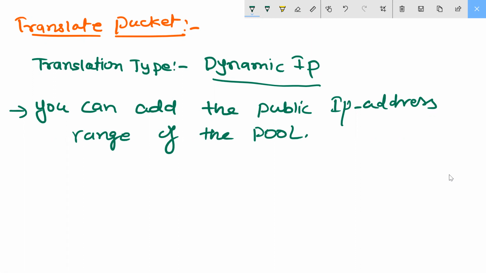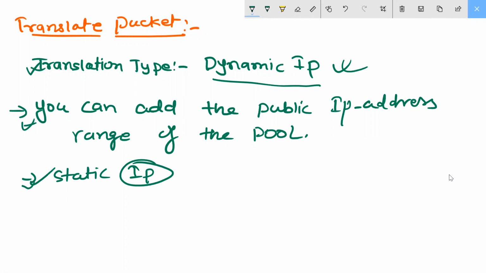You understood? That thing also we can do, static IP also we can do. Either we can go with the dynamic or we can go with the static IP. So what we will do in our lab, we have the task, we can do these things also. But our aim here is very important. This is the new thing here.